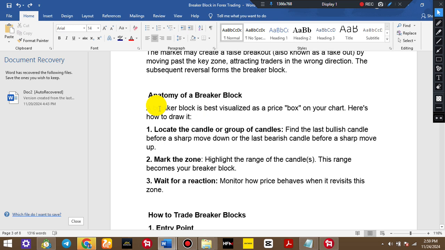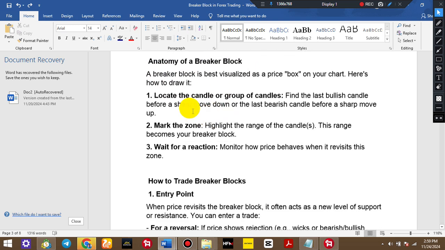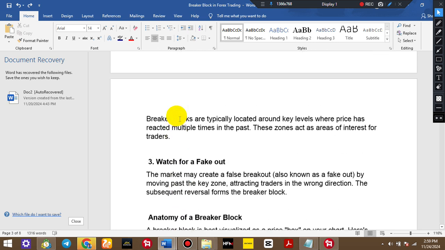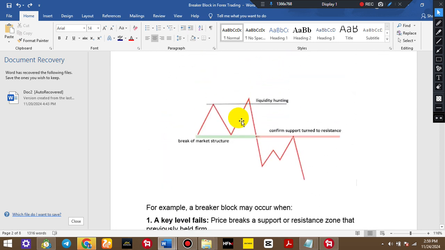Then, the anatomy of a breaker block. A breaker block is best visualized as a price box on your chart. Here is how to draw it. Now, this is what I taught you not quite long ago. The candles around this zone, the top you highlight it, the bottom you highlight it. Then when price comes back to the bottom of those candles, not the top anymore, which formed your initial